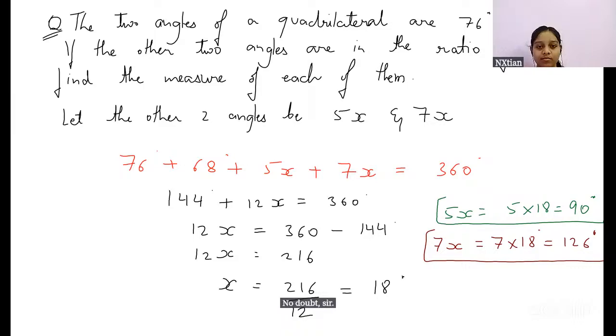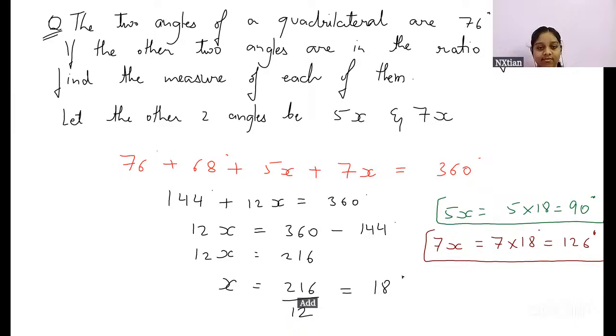Ma'am, I have one small question. When you were first solving the sum, I don't understand why you put 76 and 68 first. Can I explain? Okay, yes. Zara, basically she put 76 and 68 first because those are the numbers that we already know, and